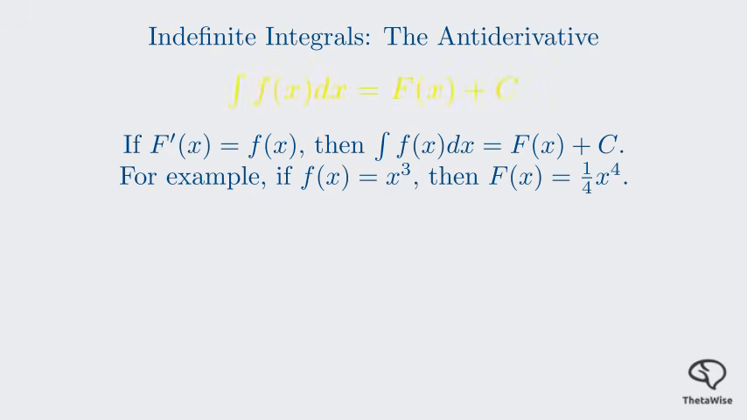A crucial detail here is the plus C. The derivative of any constant is 0. So, the antiderivative of x cubed isn't just 1/4 x to the fourth, it could be 1/4 x to the fourth plus 5 or minus 10 or plus pi. We represent this arbitrary constant with C, the constant of integration. It's a reminder that there's not just one, but a whole family of functions that have x cubed as their